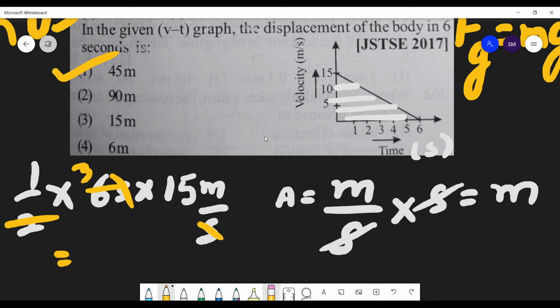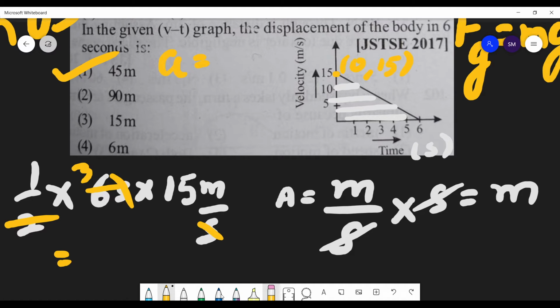Can you do it algebraically also? You can also find the displacement algebraically. You have the time, and you have initial and final velocity also, students, but for both cases you have to find the acceleration first. So what is the acceleration here? Acceleration is what the slope of this graph tells you, right? Acceleration is change in y-axis upon change in x-axis. How much is the change in y-axis? Here the coordinates are 0, 15, right?